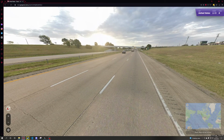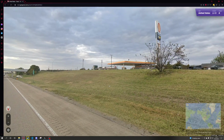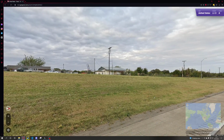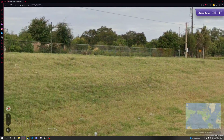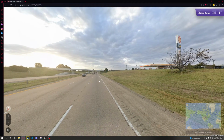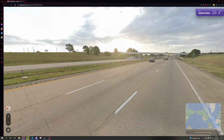Wide open highways, mile 254, 14th something. There's a Shell station, a Subway. Is there anything here that's going to give me a tell? Other than that, buildonyourland.com. This just to me looks like generic interstate in the Midwest somewhere. Hard to tell. 254 is going to be all right. So it's mile marker 254